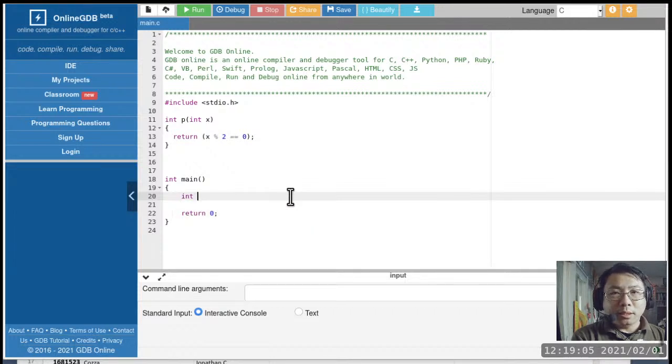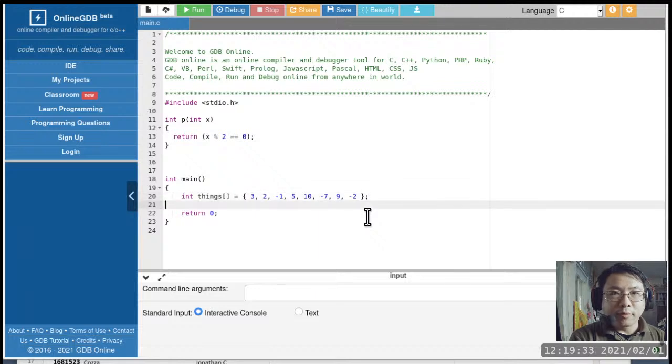So the array is things, and we'll give it some values: 3, 2, -1, 5, 10, -7, 9, and 2 is already here, but -2 is not. This is how I define the array of things.